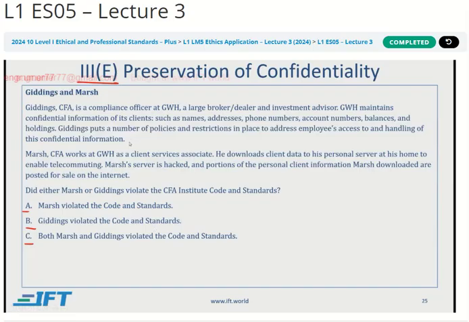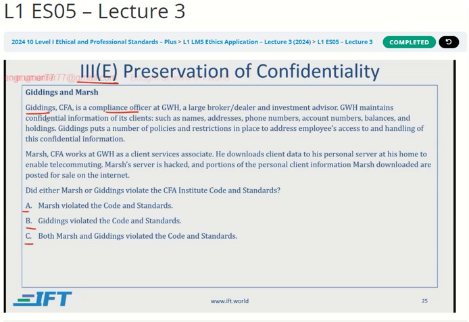Now, here, if we look at what Marsh did, there is no explicit permission that he has to download data to his personal server, but he did that, and obviously his personal server will not have the sort of protection that the company server would have. So he is opening up a potential problem here, and therefore Marsh is in violation. In general, both Marsh and his supervisor, who represents the company, and that is Giddings, the compliance officer, need to try and do everything possible to preserve the confidentiality of their clients. Now, in this case, Marsh is clearly at fault.